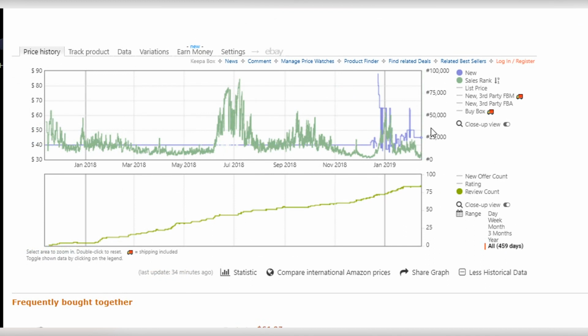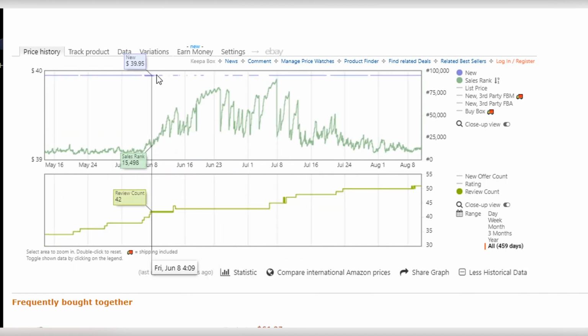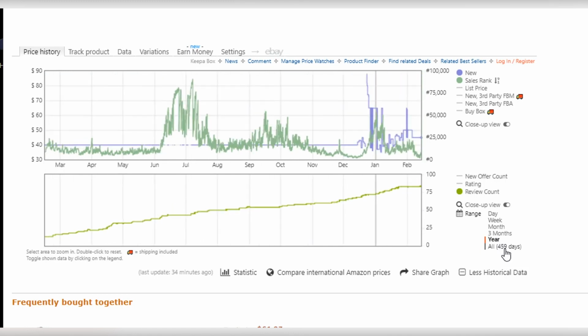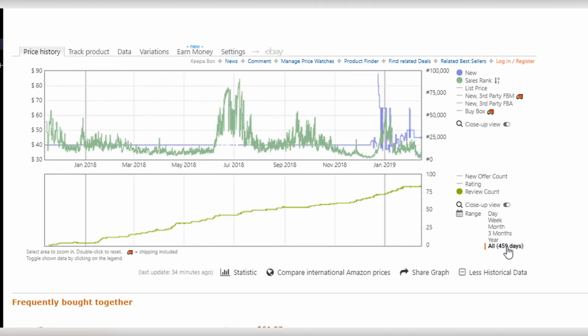So what do we see here? We can see a few things. All this high BSR up here. Let's zoom in here. What do we see? He went out of stock. This gap in the blue line is him going out of stock, so that makes sense why it jumped. We have year, then we have all. Now what else do we see here? I'm noticing